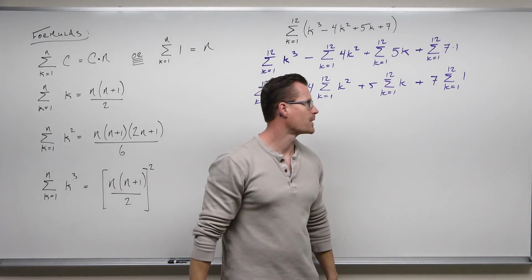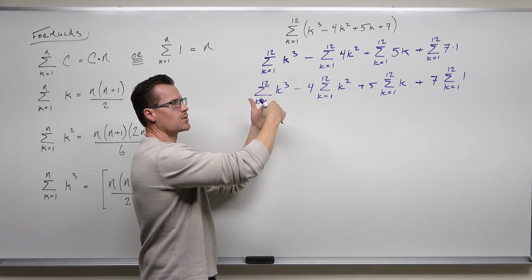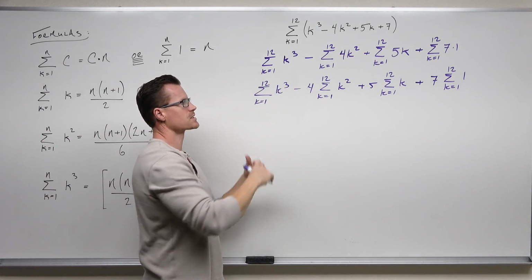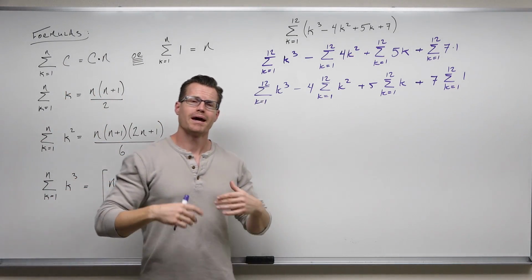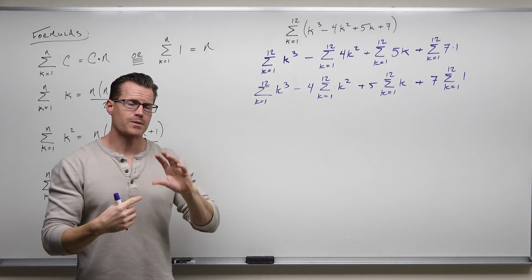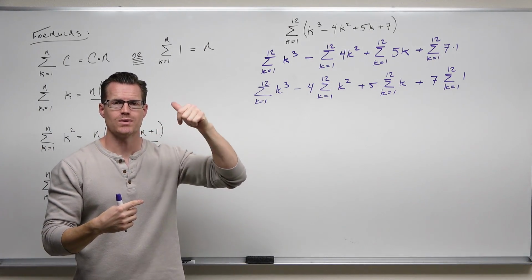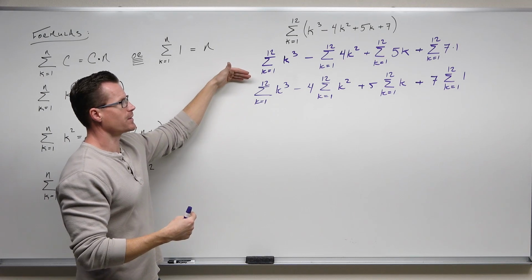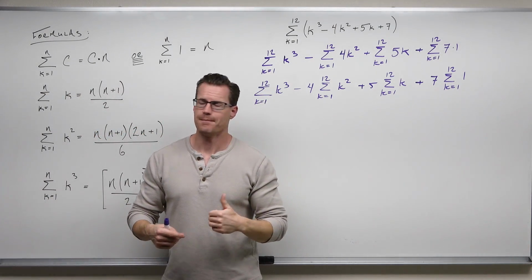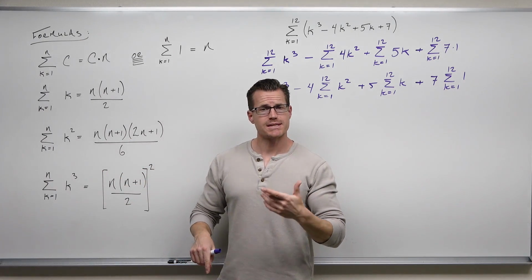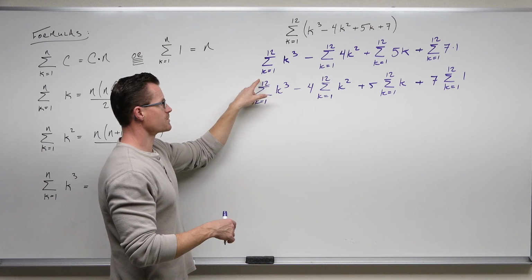It doesn't really matter. What matters is being able to separate this into our number of terms gives me number of series. Then making every one of those series look like something we have a formula for, and then applying the formula correctly. So the formulas are all based on your n, where you end. Your n is where you end your series. I know that sounds similar when I say it. So our k cubed says there's a formula for that. It's right there. So I'm going to take my ending value, my n, I'm going to plug it in. My ending value, my n, is 12.